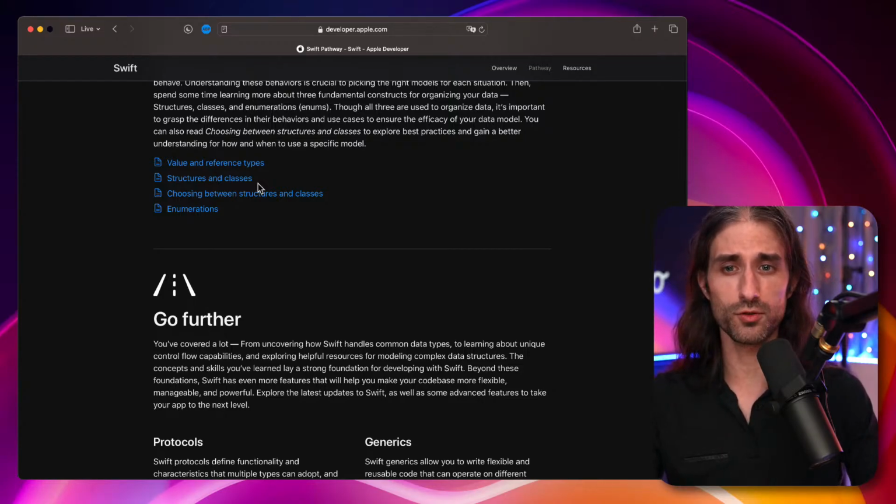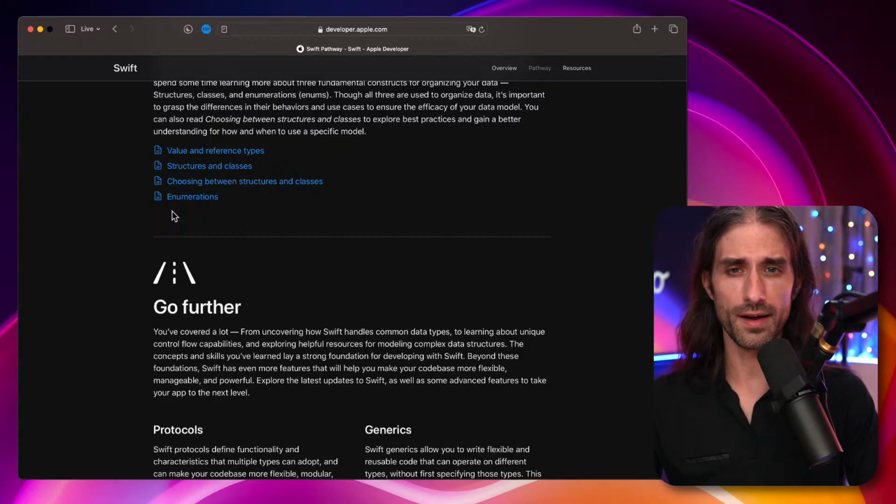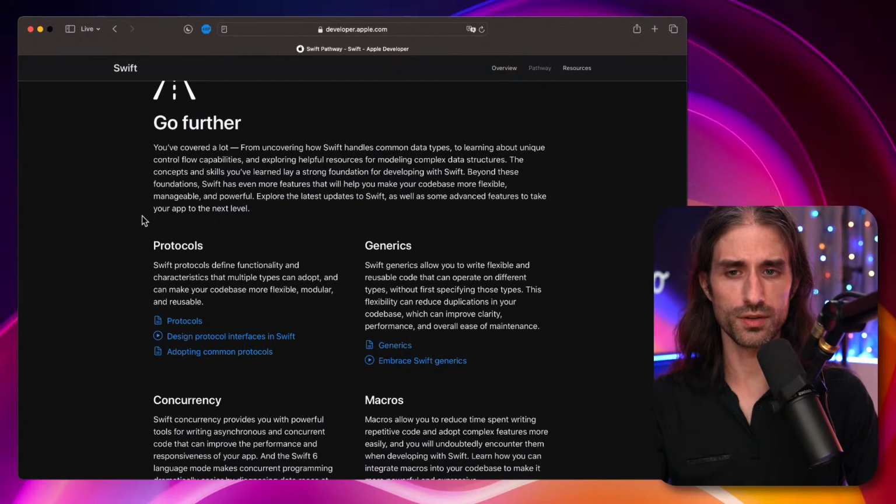So it's even more important to be able to know when the AI is suggesting something that goes in the right direction or when you need to ask it to correct course. Knowing how to choose between structs and classes, and enumerations, which are quite an important concept in order to design code that is type safe by construction.